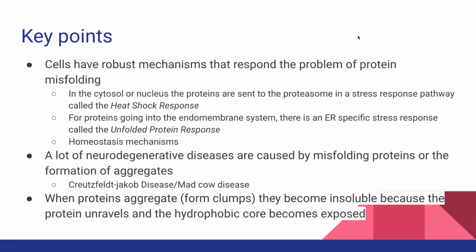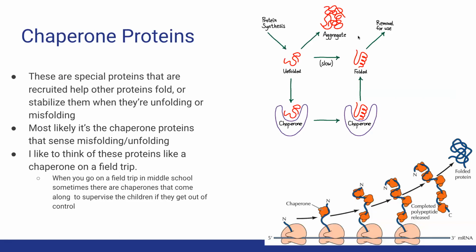And then some neurodegenerative diseases are caused by misfolding proteins, like mad cow disease. I think glaucoma has something to do with aggregate proteins in the eye. And these aggregate clumps of proteins that have denatured and can't refold are insoluble, and the hydrophobic core becomes exposed. So to help,